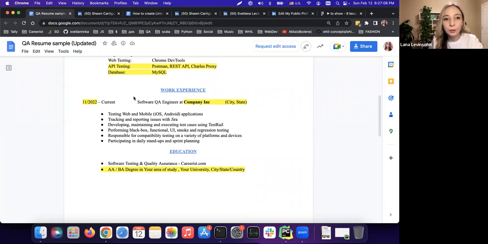So the work experience section should basically contain the experience that is relevant to your current job search. So under work experience, you will put your experience with the internship. So the start date will always be the month when you join the internship to current, right? So basically, for example, it's February right now, if you, let's say, joined the internship in March, your start date will be March 2023, and then basically say to current,